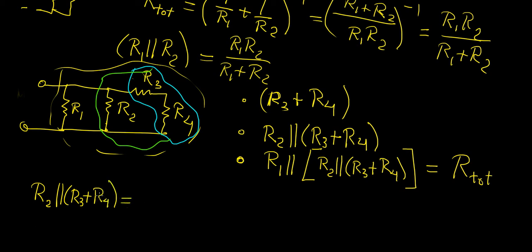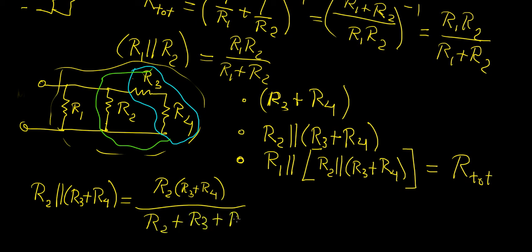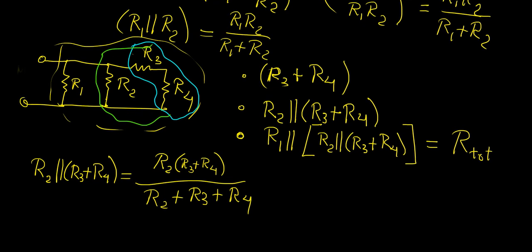So basically we can just use the formula which is given here. In this case we have R2 times this resistance, which is R3 plus R4. And then we're going to have R2 plus this, which is going to be R2 plus R3 plus R4. So that's going to be our total resistance over here. And then if we take the resistance parallel to that one, so that's going to be R1 parallel to this whole thing,